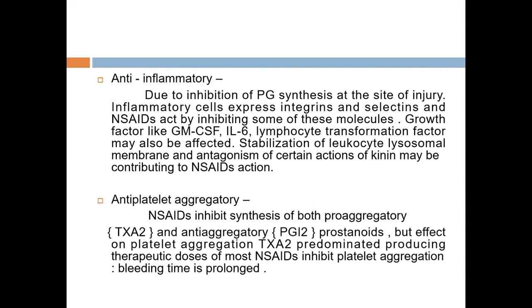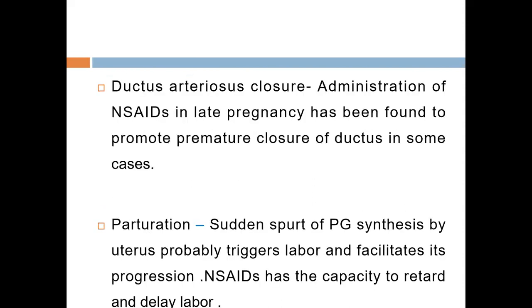So it is also good for antithrombotic purposes. It prevents TX aggregations, so they prevent coagulations. The other one is that they are very good in ductal closure, the golden second in life, where the ductus arteriosus closure during birth is very important. Parturition is very important because it is used to bring out the uterus, facilitate labor, and